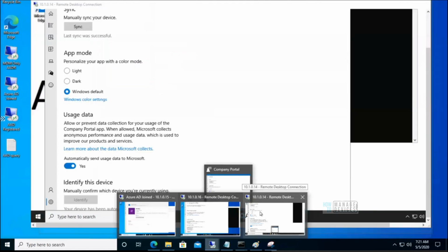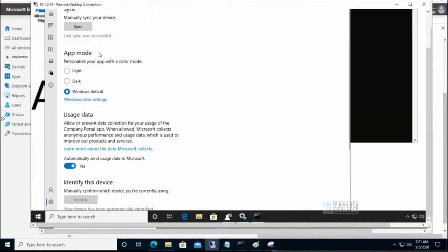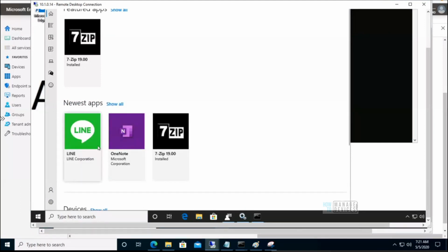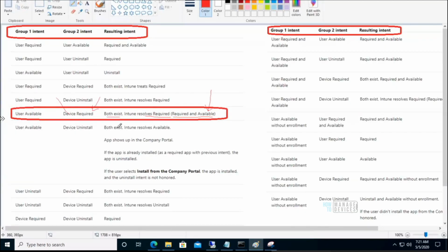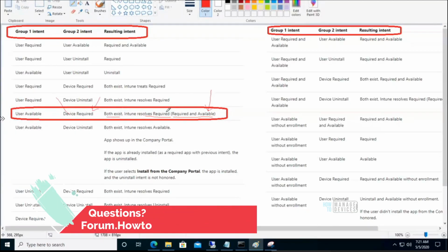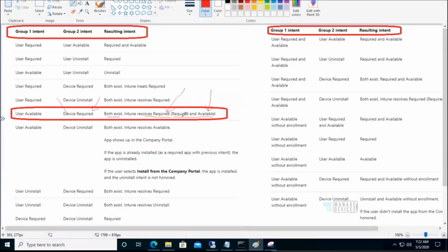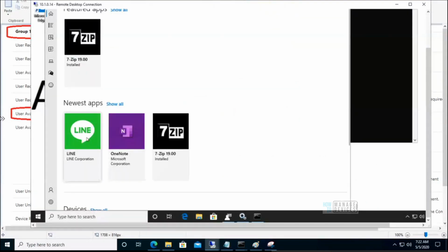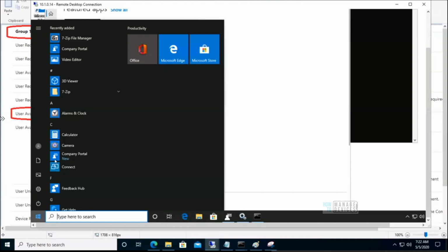Okay, so if I go to this device now, all the apps should show up. This is showing Line also. Line is showing as available, but as per the documentation, it should be automatically installed now. So ideally Line should already be installed. Let me check that. It's not showing over there.